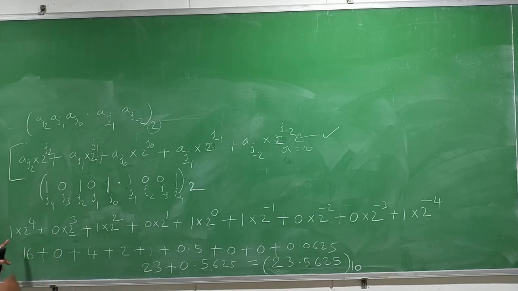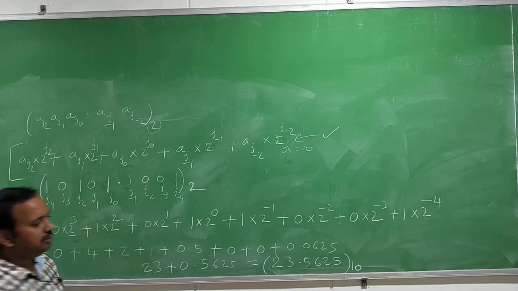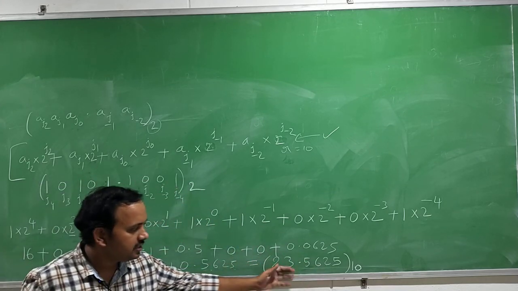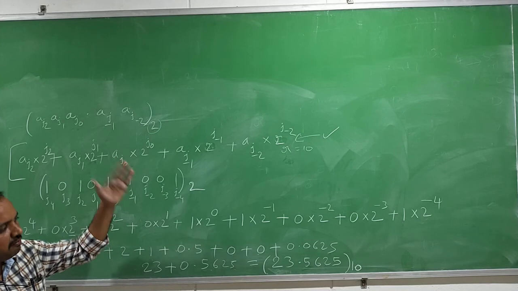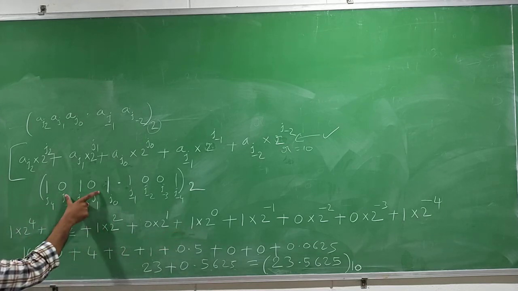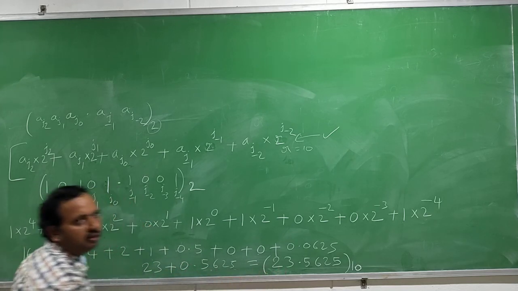In the decimal number, we did the same exercise using 7639 in some format. There we wrote 7 into 10 power that particular position, plus 6 into 10 power that particular position. After adding those, you will get the same number again. So the given number and the final answer are the same in the decimal number system, and the same format we are using here to convert the given binary number into a decimal number.